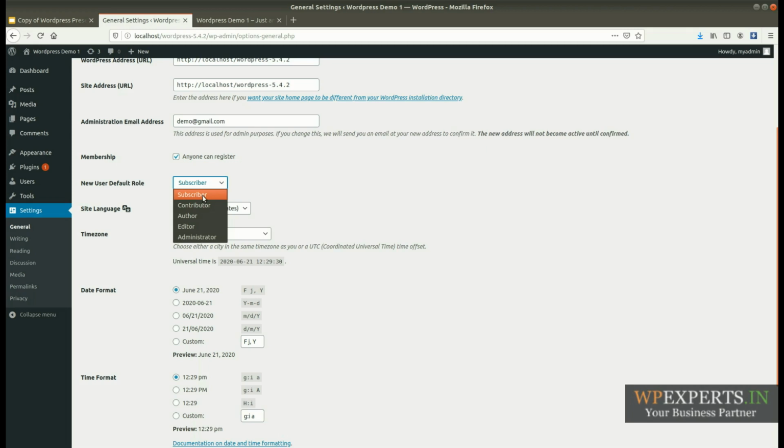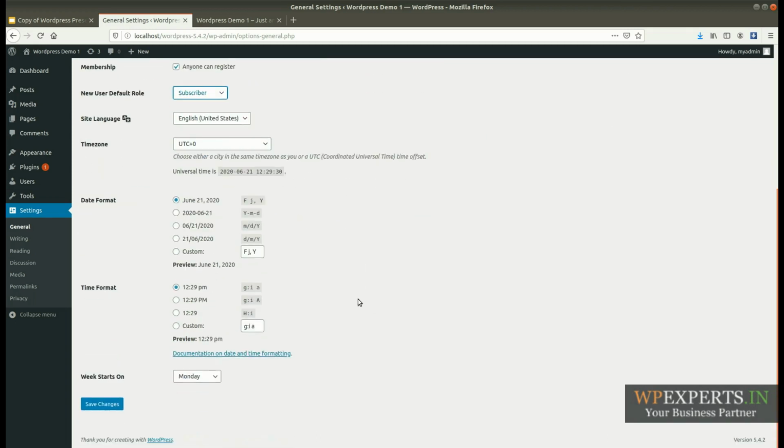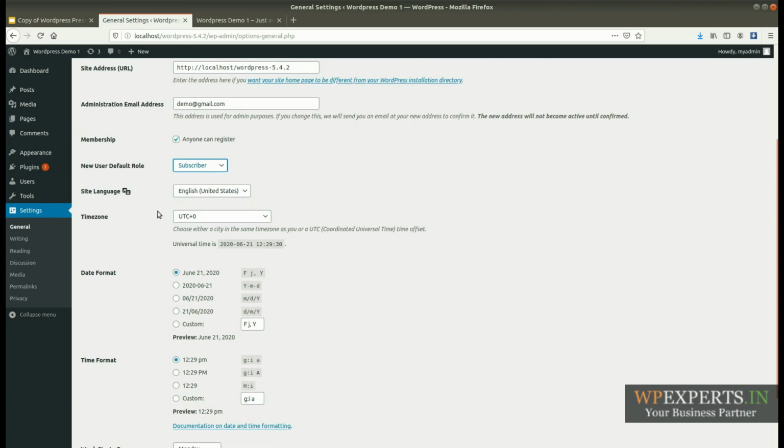Okay, so an administrator has super permissions, like he can do anything. He can delete the author, he can change the author of the admin, he can install new themes, and the administrator can update any settings of the admin. So these are the roles of the setting.